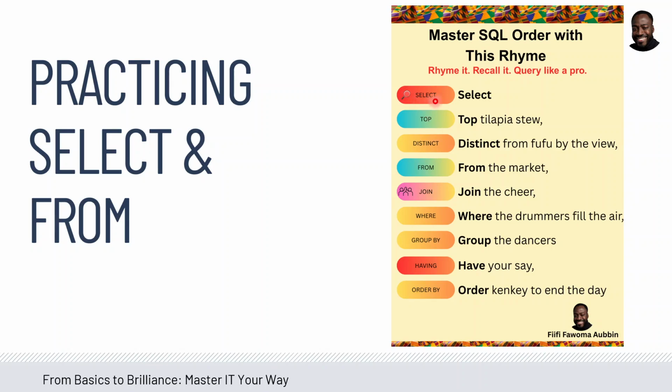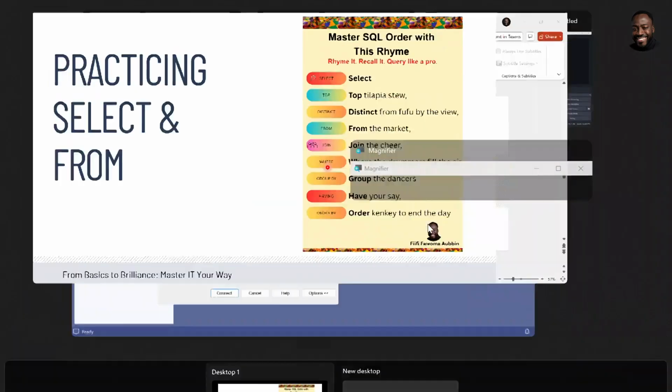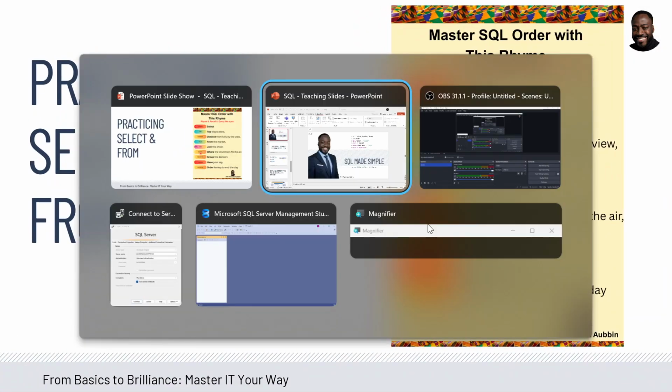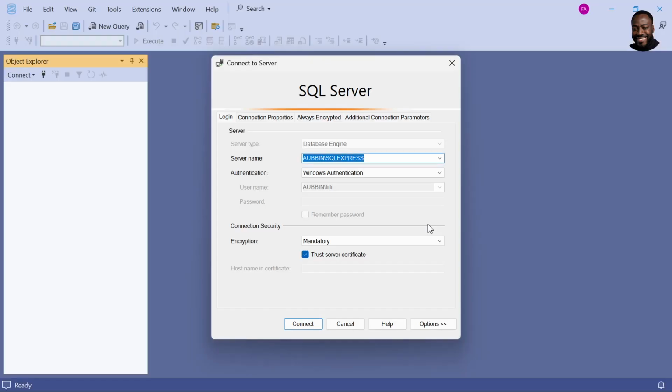So we are focusing on select and from. When we finish with this series, we will later consider looking at where. Then we will progress as we move on. We get into intermediate, then we do more advanced stuff. I'm going to switch to my SQL, then we can do some practice here. Okay, so I'm going to connect,